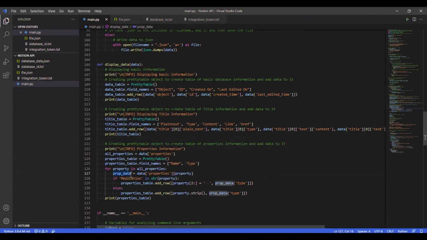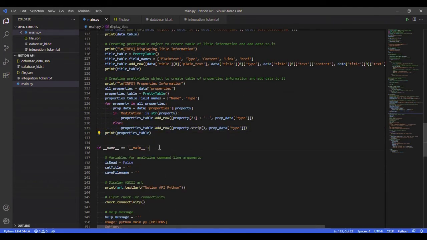In this third case, since there were many different properties, we have used a for loop to iterate through each property name and then add a row to the PrettyTable regarding that specific property. The for loop is very useful here because we can add as many properties as there can be within the JSON object, which means even if there are 100 properties, although there are barely a few of them, it will also be able to handle that. And again it prints the properties table.